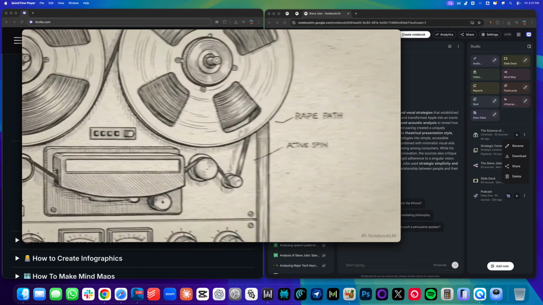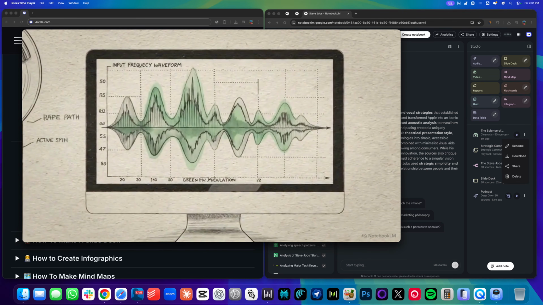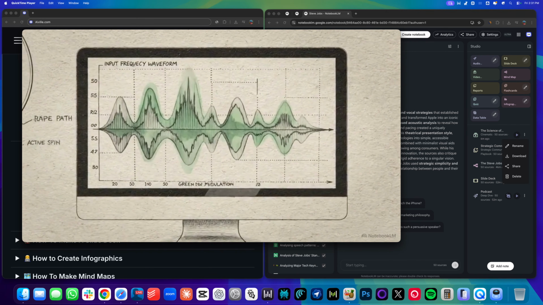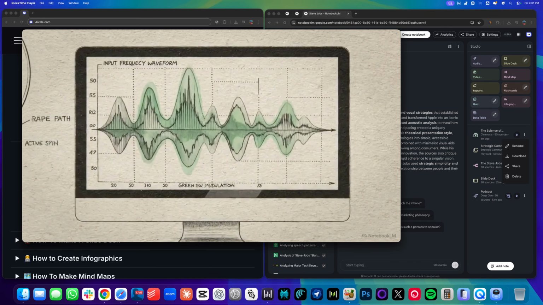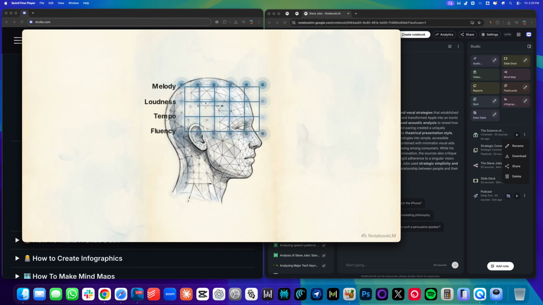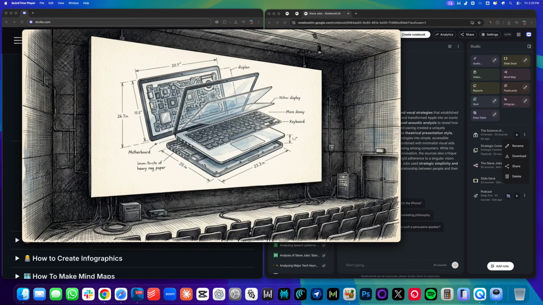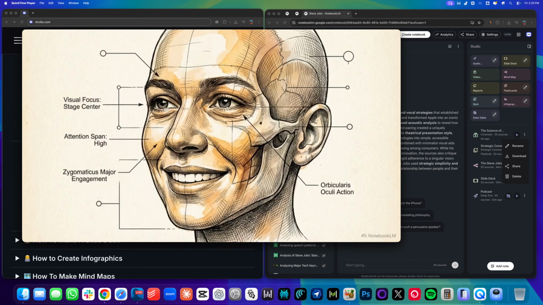Researchers at the University of Southern Denmark recently gathered the audio from his historical speeches to perform a rigorous computer-based acoustic analysis. The results reveal a systematic engineering of human attention, a charisma built on measurable, repeatable data. The engineering starts at the macro layer with visual empathy. His slides used massive images and almost zero text, a design so intuitive that a deaf person could follow the